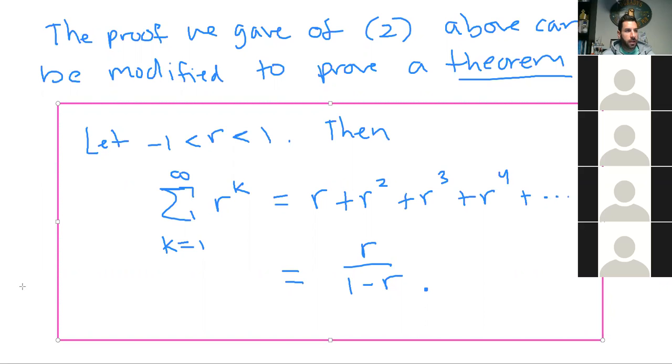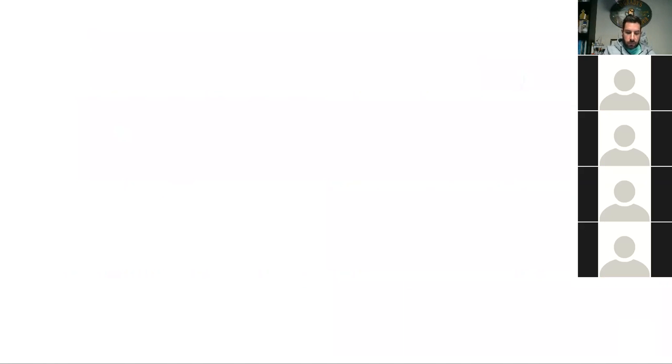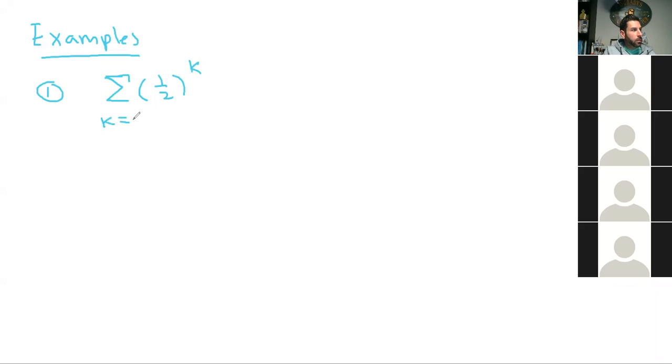So this is a very important result. So let's apply it to what we just did. And if you have questions, as I said, please, please, please ask. This is not easy to learn. So let's switch up colors. Let's go to this light blue. So if I take 1/2 to the power k, like we did on Friday,